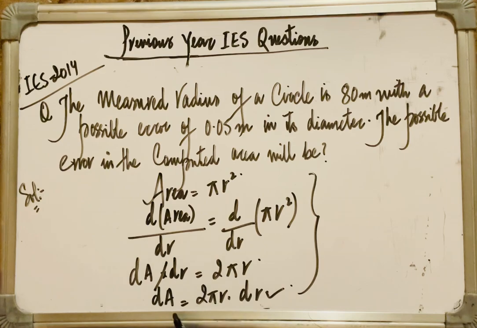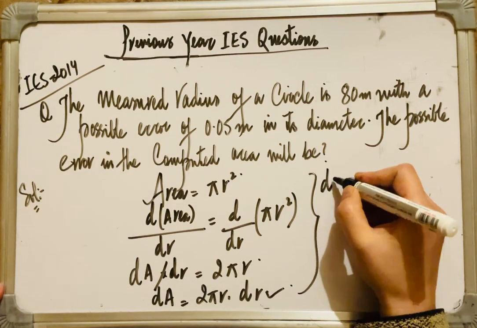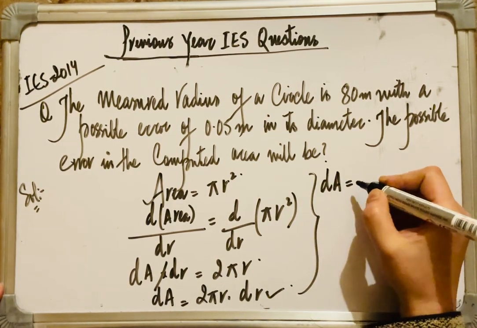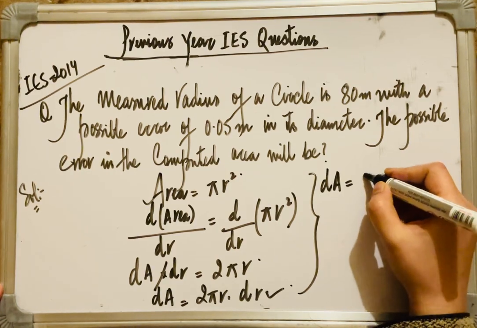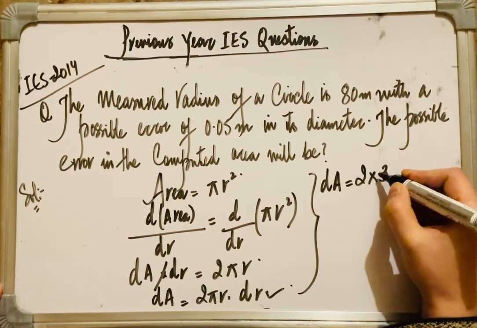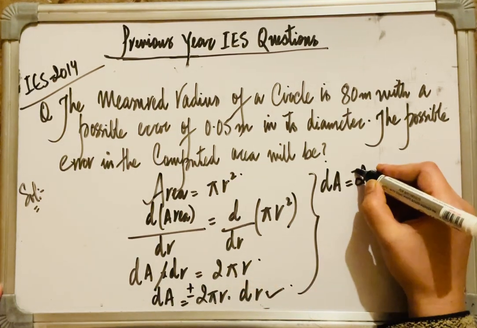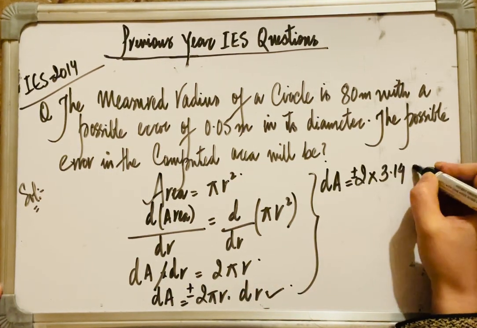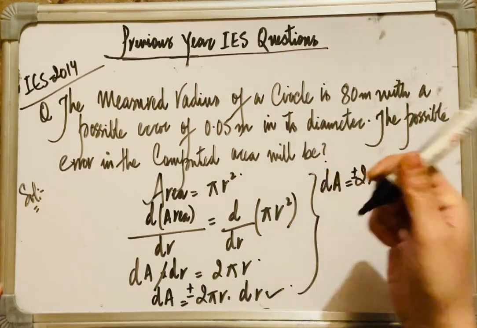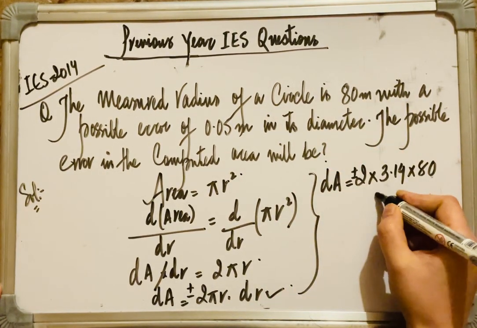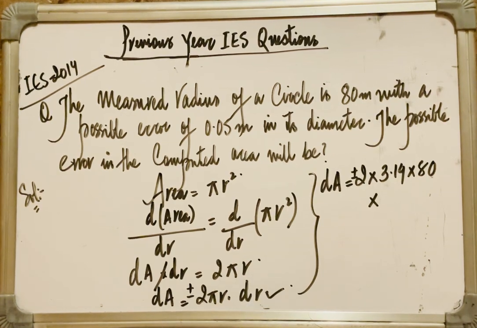So the possible error in the computed area, that is dA, will be equal to 2 pi r multiplied by dr. We'll substitute the values, 3.14. Obviously it's plus and minus. R is 80 meters multiplied by the error in diameter or radius for that matter. It is how much? 0.05